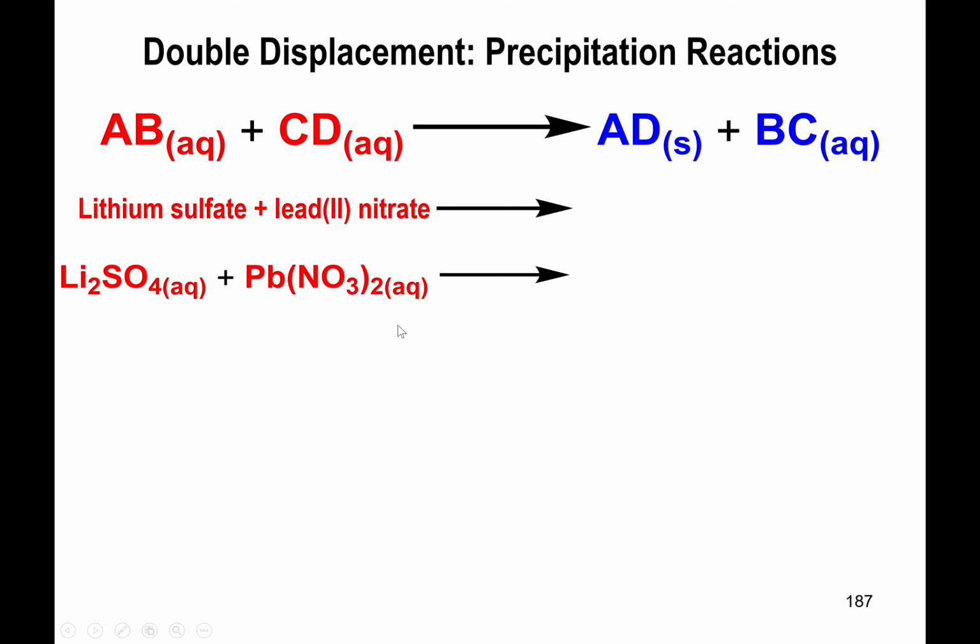Now notice that I have actually added the AQ symbols to Pb(NO3)2 because the presence of NO3 makes any ionic salt soluble. So you see nitrate, you see acetate, you see perchlorate or chlorate present, the substance is automatically soluble, or AQ. In the case of sulfate, the reason that's soluble is because it's mixed with one of the always soluble cations, specifically lithium, so this will be AQ as well. Alright, now,